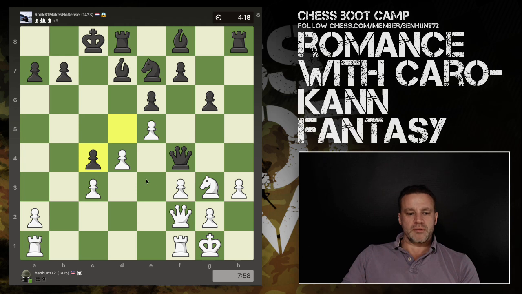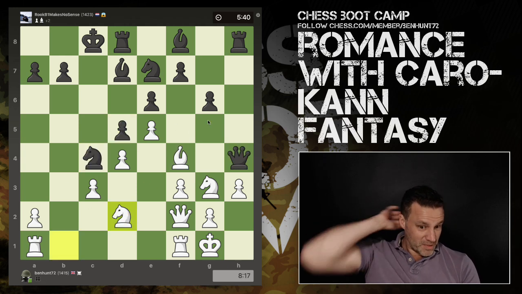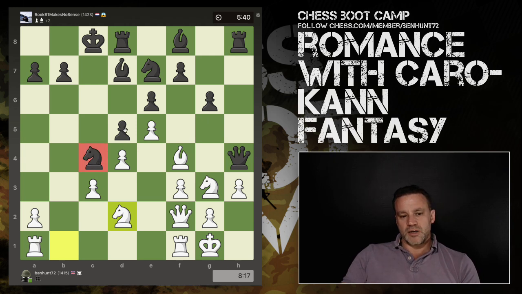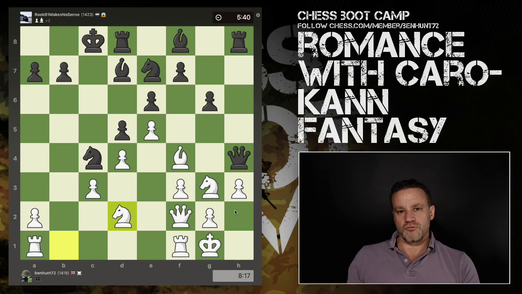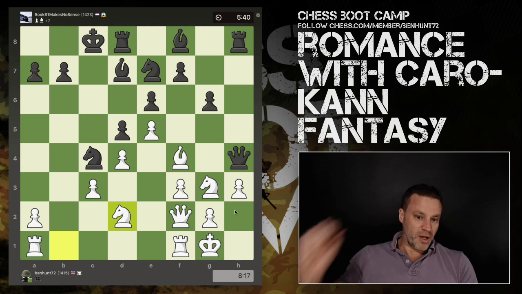But on the plus side, we've opened things up. Okay, here, this knight is on a really nice outpost. It's defended by a pawn. It can't be harassed by my pawns. Okay, so you know, yeah. I mean, there's a general rule that when you're behind in material, you don't want to trade off. But